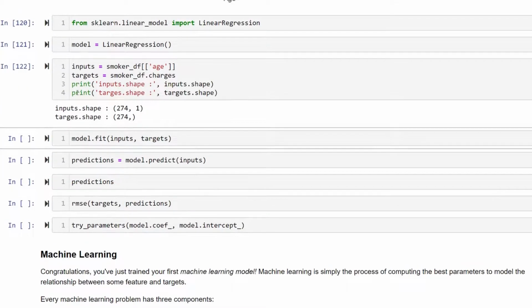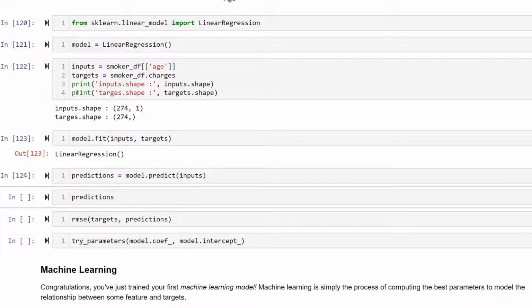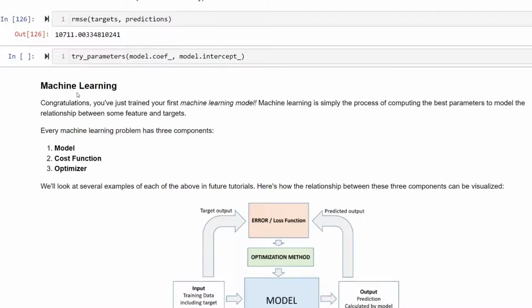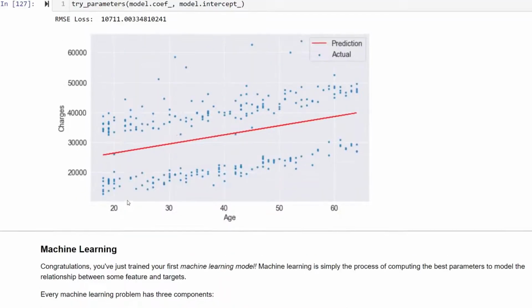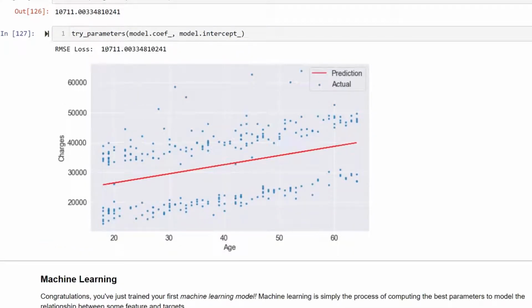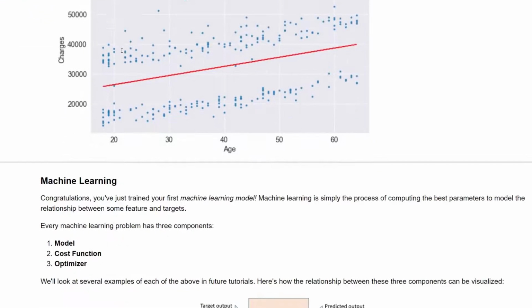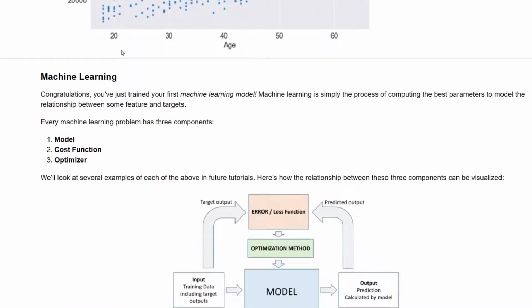Let us try to take the help of the linear regression model. Okay, it is somewhat better, and it has plotted a line for us, and it has taken the root mean square error and reduced it from 37,000 to 10,000, which is better than the previous one,